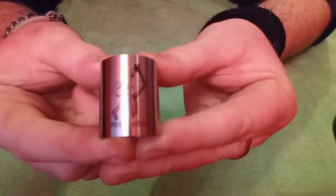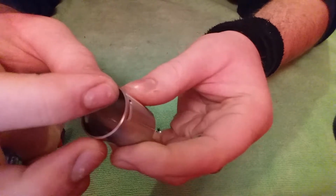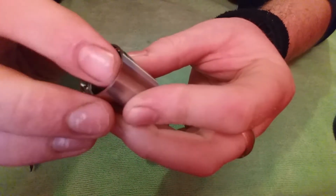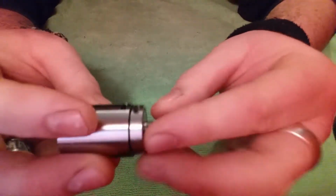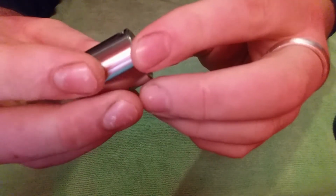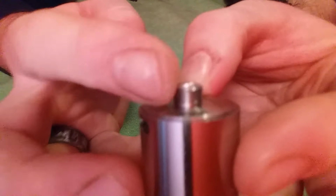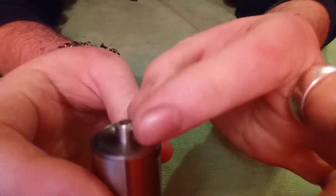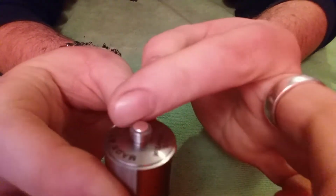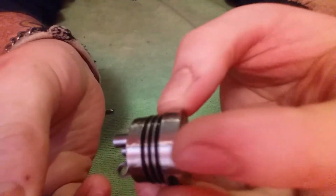Here is your main tube. Like I said up top, the only negative I've really found is that when it turned up, it's still a little bit sharp in there. And I don't know if this is everybody's or if it's just my one. I think it is everybody because there's a rim on the inside, but that doesn't sit all the way down to the bottom. There's like a little lip on top. So when it's down on, like if I use my Tesla, if that plate sits flush, it has like a little rim around the top, which I don't overly notice,